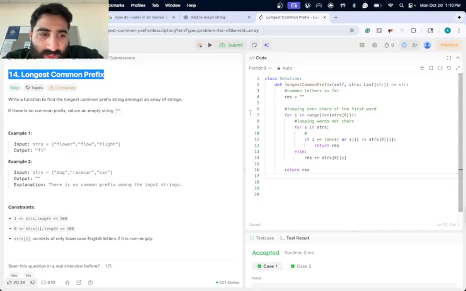This is looping over the first word, flower, flow, flight. And then this is looping over each word. So s is flower, flow, flight. So we said if i equals the length of s, so if i equals the length of a word,